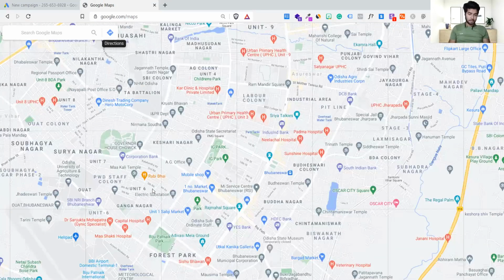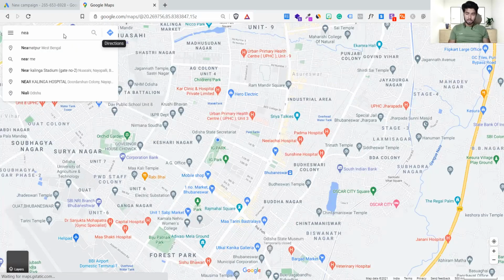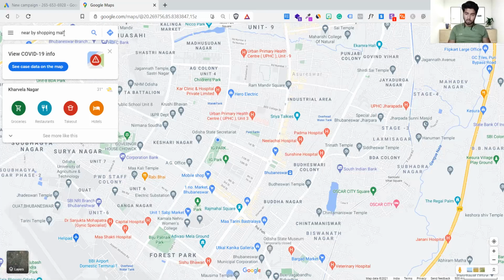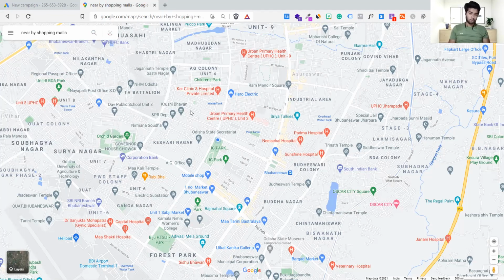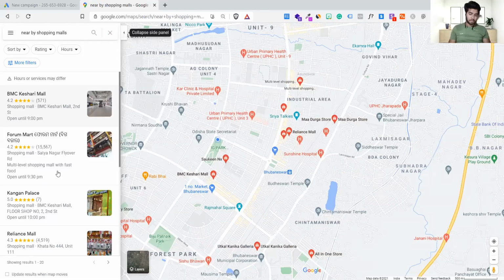All right. Under this Google Map, now you are here. Now, if I am searching from right here, like nearby shopping malls, this is my search query right now in Maps. Now here again, these searches are coming right here. You getting it? These searches are coming right here.